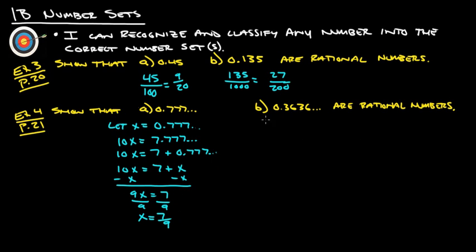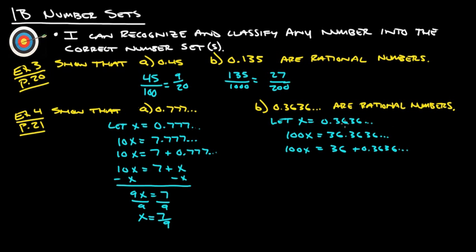Same idea here, it's just now it has two different repeating numbers, so we'll do this. Let x equal 0.3636 repeating. We're going to multiply both sides by 10, actually, we're not going to multiply by 10. Since there are two repeating digits, we want to multiply by 100, so now we have 100x equals 36.3636 repeating. Then we break this up into 100x equals 36 plus